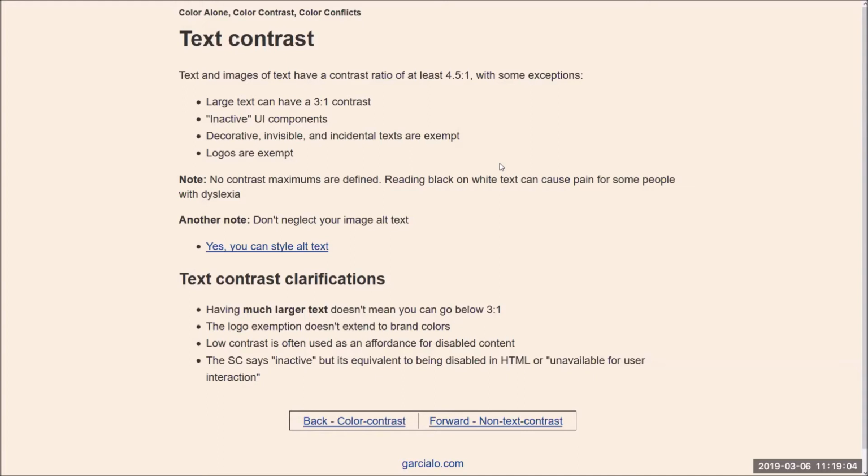But really it's equivalent to being disabled in HTML, or unavailable for user interaction, right? So the differentiation between inactive and disabled is basically the difference between having, let's say, a submit button at the end of a form that will only become available after you've completed the required fields. I would say that's disabled because in HTML we'd put the keyword disabled on that input, which means it would be unavailable for users to interact with. However, inactive just means that the user can interact with it, but it's not currently what's active. So a good example for that would be